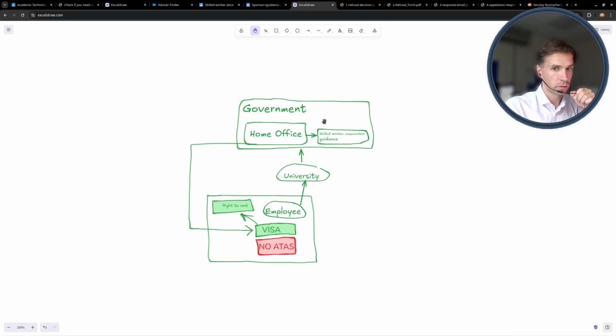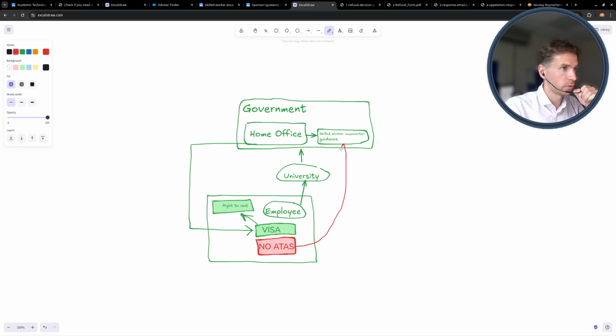So this is the diagram, assuming that we have an employee, who has a visa, has no ATAS, and is planning to work or do a PhD at the university. And the visa has been issued by the government, the Home Office in particular. As we've seen from the document earlier, having no ATAS, the skilled worker caseworker guidance, or guidance part 2, actually restricts the sponsor,